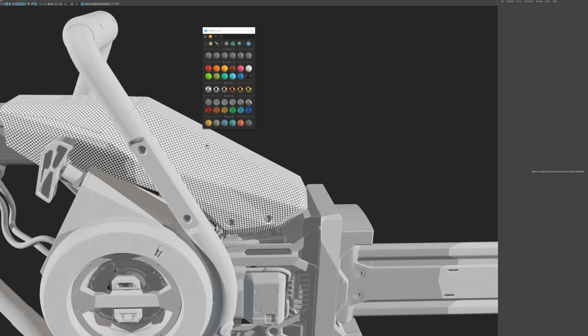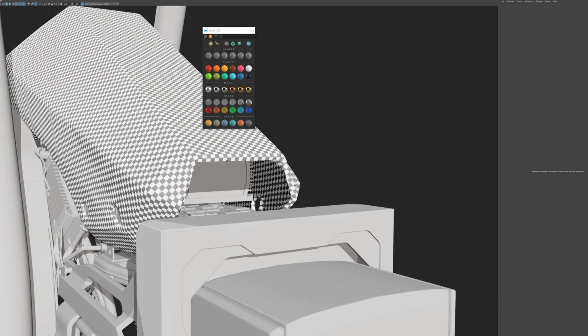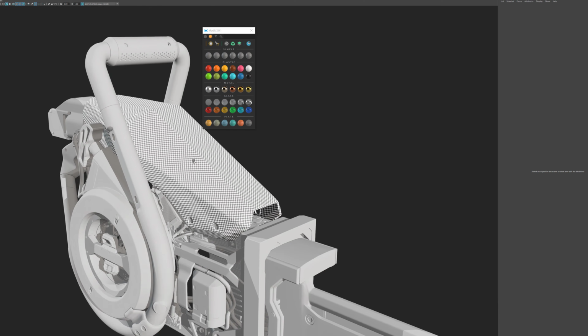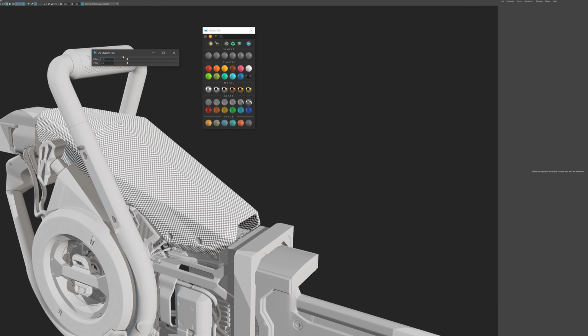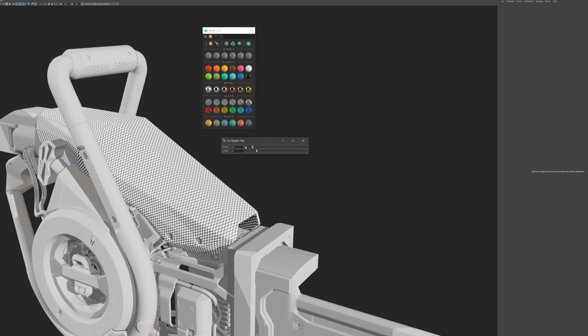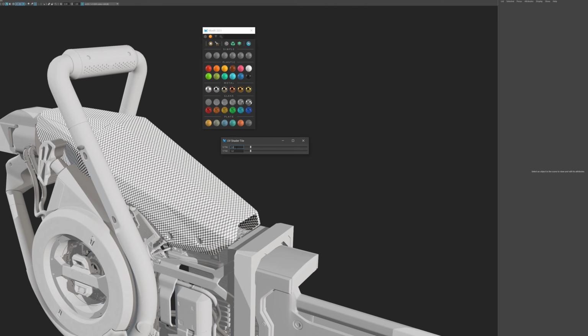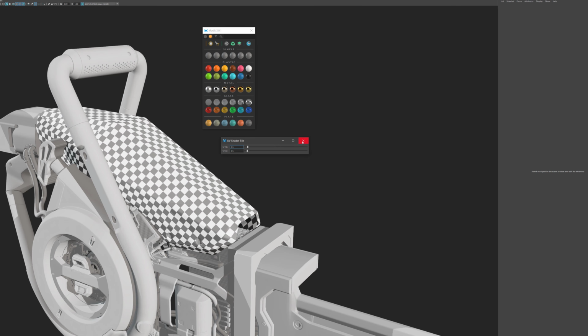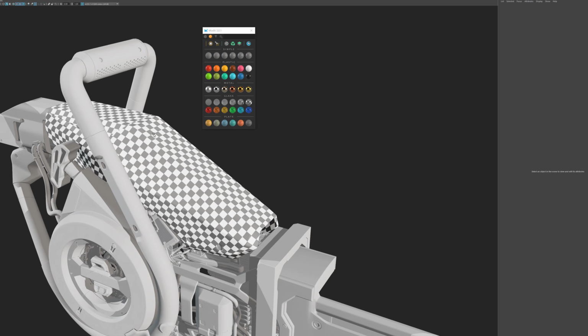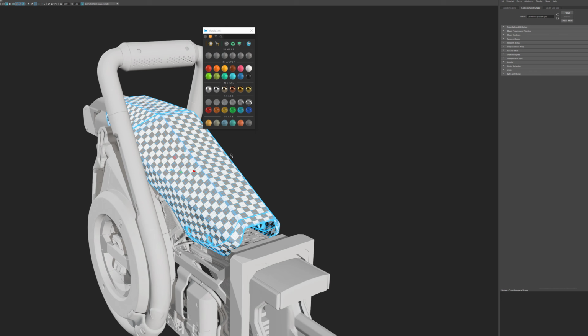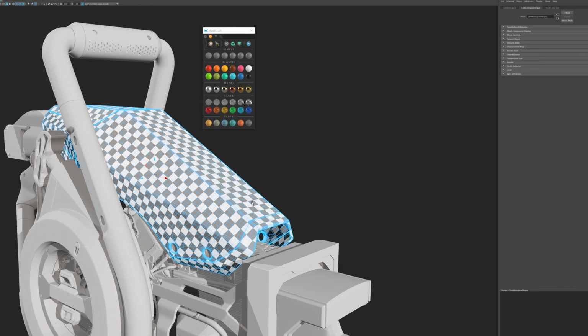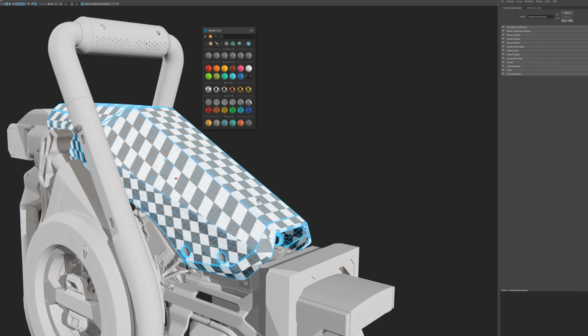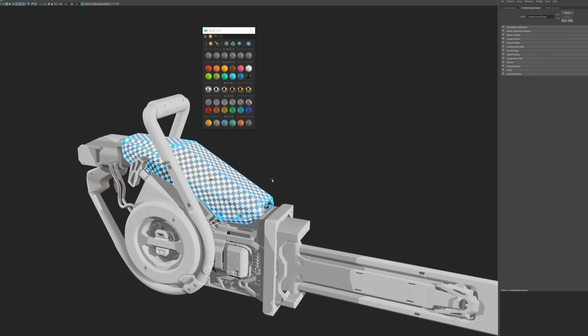It's one I use all the time, pretty simple. And if you shift click on it, you will have access to the tile settings. Okay, great. So there is already clean UV on this model, but here you have an automatic UV. If you want to quickly add